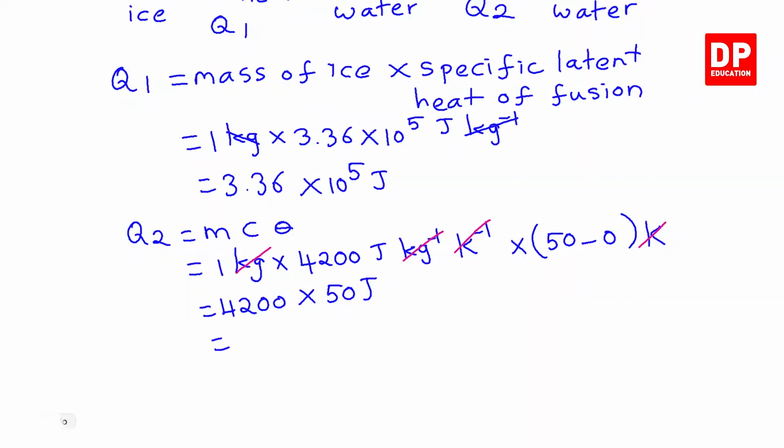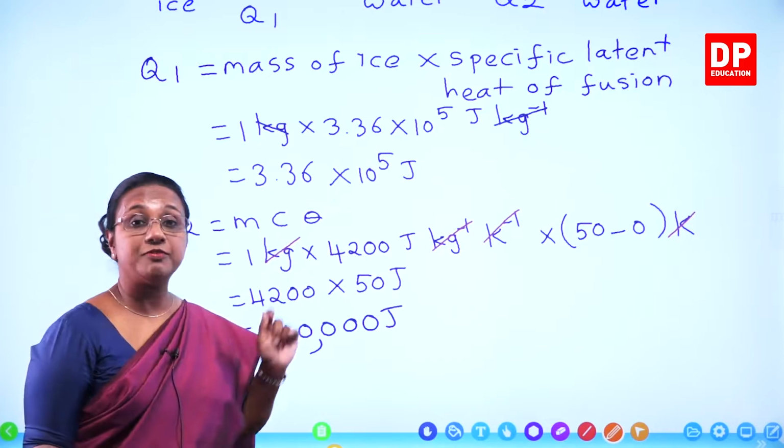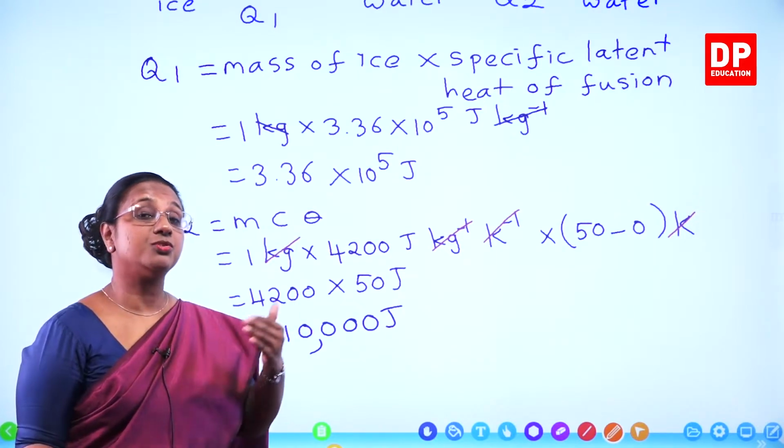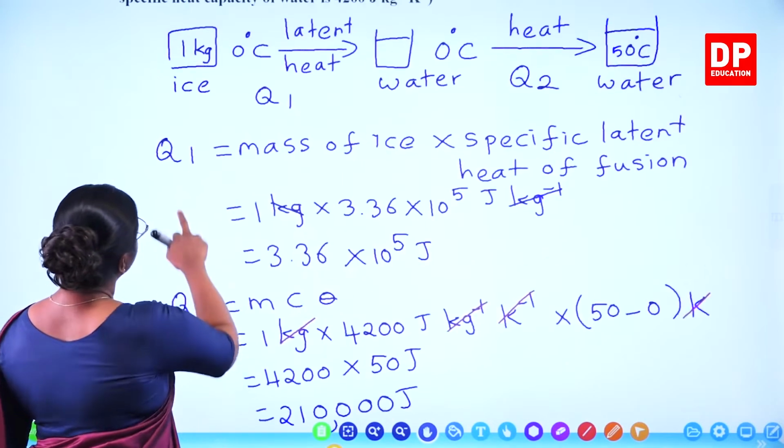When you multiply 4200 by 50, you get 210,000 joules. That is the amount of heat needed to increase the temperature from 0 degrees Celsius to 50 degrees Celsius. But here, the question was to